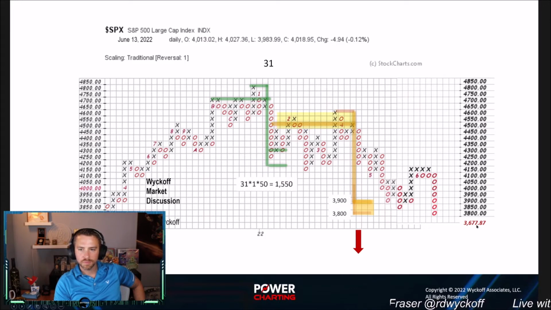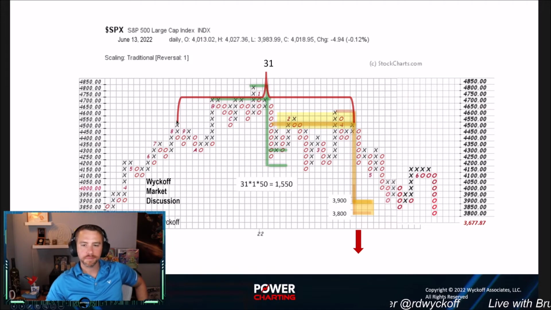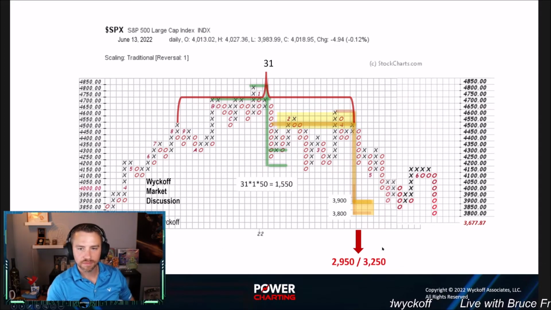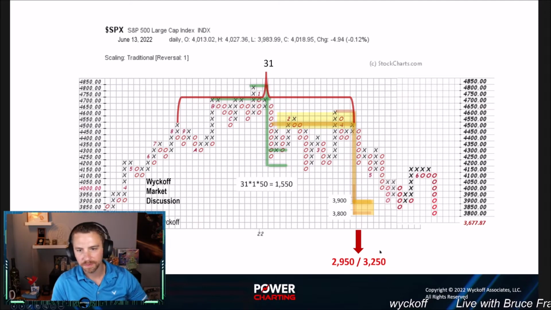This number is not up to date. I think that's through June 13th. And then here we go, well, there's a bigger count out there. This is a bigger structure. So is it possible that these little counts are part of a bigger count? And then this gives us a count to 2950 to 3250. So now, do we get there? I have no idea. But